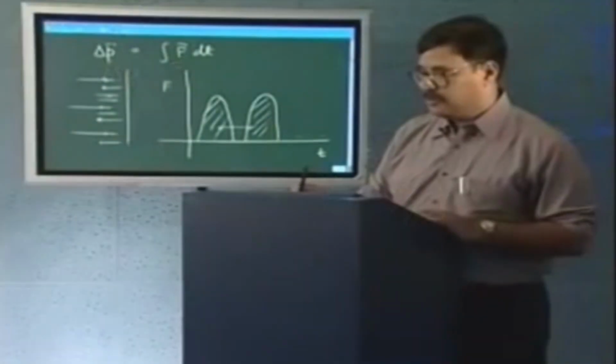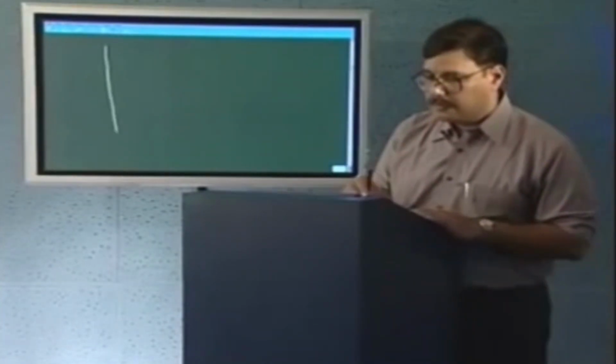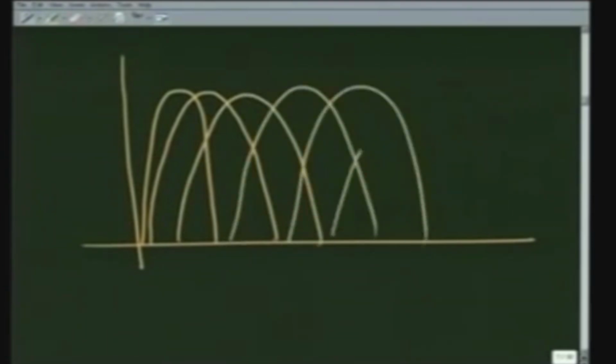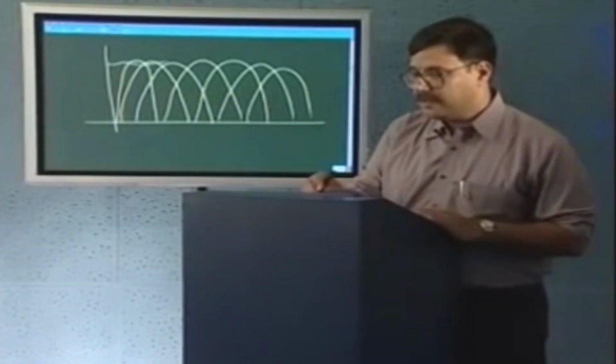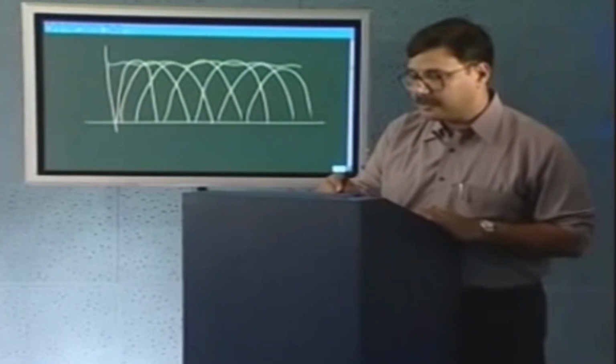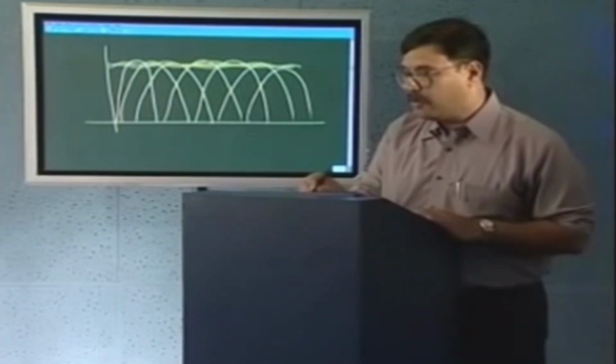In that case, what I would observe is that one ball hits, gives this curve. The next ball hits the wall even before the first ball has come back. Third ball hits again, fourth ball hits again, fifth ball hits again, and so on, randomly. So, the net force may be somewhat like this. Let me make it slightly thicker,